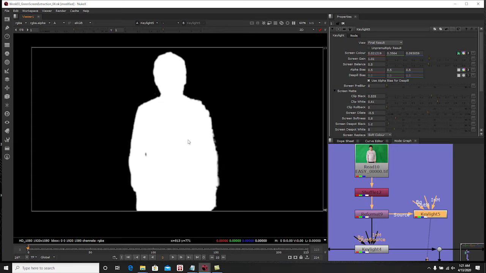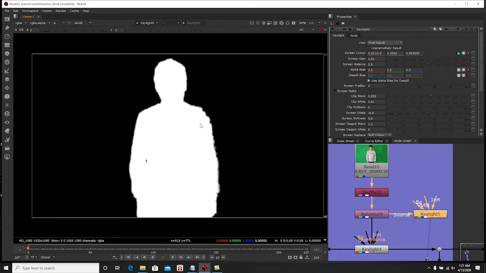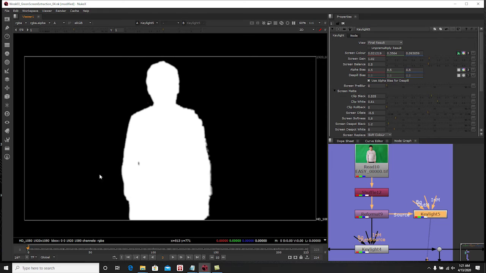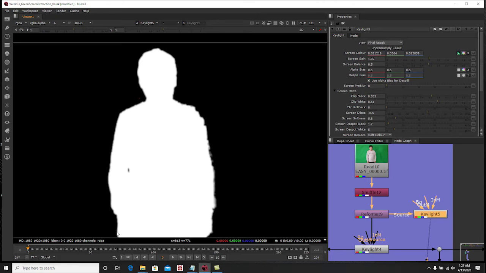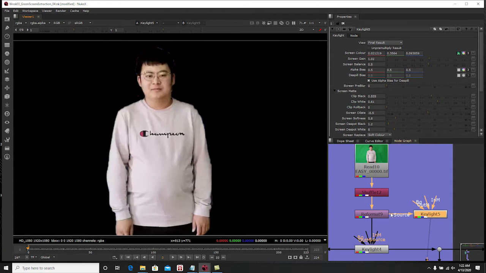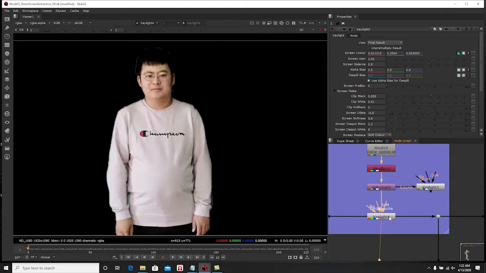But I'm kind of satisfied with this one. This is not clean yet, but it's right there. So if you press A again, now you see that most of the green information is gone. But then you'll notice that the edges of Bob right here are very dirty. So we could clean it up, and I will show you guys how I enhance the edges as we move along. So let's go back to Bob, press A, and I already have the Keylight right here,